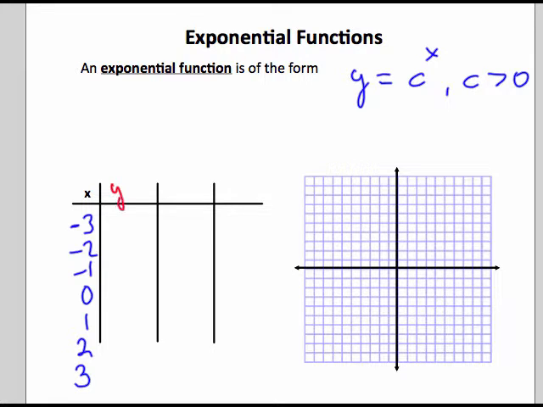So let's start by graphing y equals 2 to the x. If we let x equal 0, 2 to the 0 is 1, 2 to the 1 is 2, 2 to the 2 is 4, and 2 to the third is 8. If we use negative values for our exponent, 2 to the negative 1 is a reciprocal of 2, so a half. 2 to the negative 2, reciprocal of 4, and 2 to the negative 3. Alright, so if we plot those values,